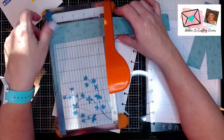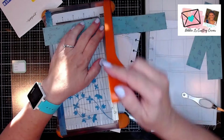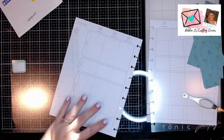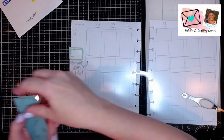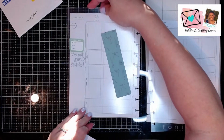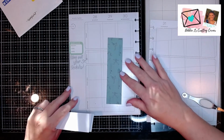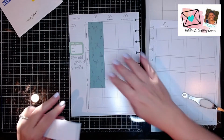The one downside in my mind to using scrapbook paper in your planner is depending on the paper, it could be a little bit thick. And this is actually some decently thick paper I'm using at this point. Okay, so I think I'm going to put, that's why I was measuring from there to there, but I measured it wrong. So anyhow, this is going to be,